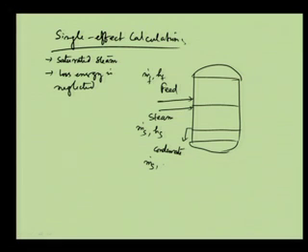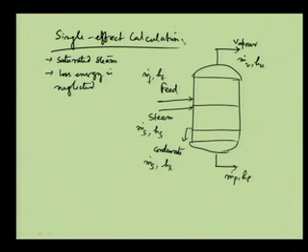In the condensate we will have hL, the enthalpy of the condensate, and then we will have a product here, and we can have a vapor here. This is also a product. The thick liquor is the main product, and this is the vapor. We will write the vapor as m dot V, with enthalpy HV, and here m dot P is the product flow rate, and HP is its enthalpy. In that case, from simple mass balance,